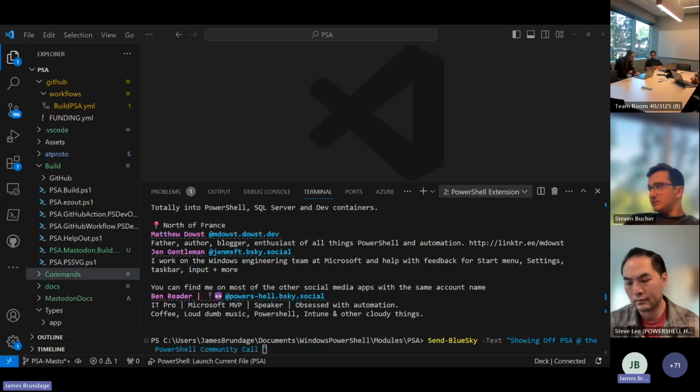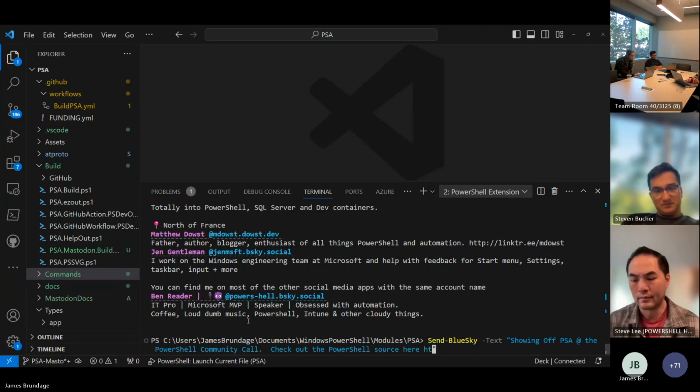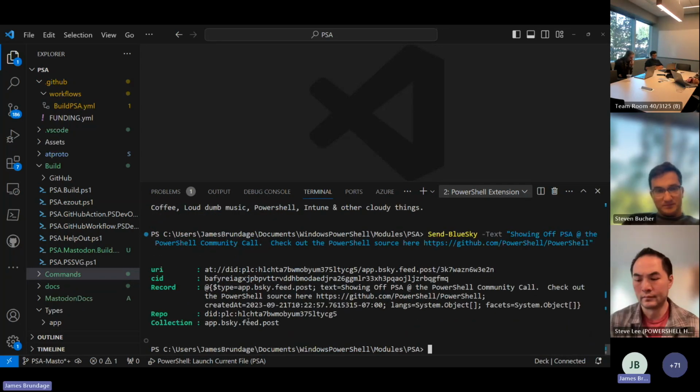You know what? I'll just link to PowerShell. Check out the best GitHub repository, or the PowerShell source here. Sorry, I didn't write a demo file for this one yet, but I did just go ahead and send that